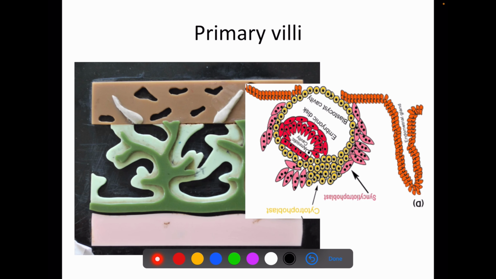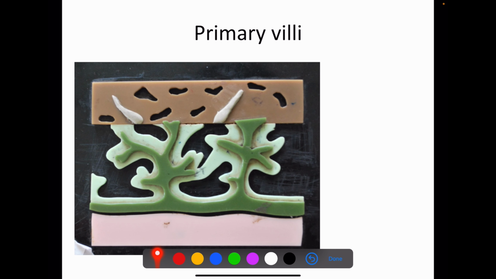Now what are primary villi? This figure is the same figure. I just kept it here for you to understand. This is the part of decidua and this is trophoblast, the same. Now this is the model which we have. You will have this for your examination where students answer anything. So please understand how to answer this model. You have to identify the parts.